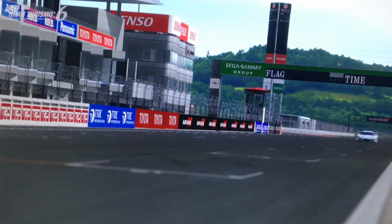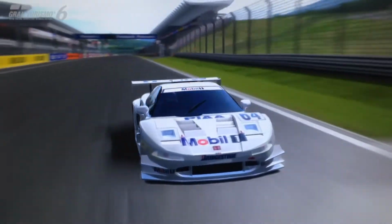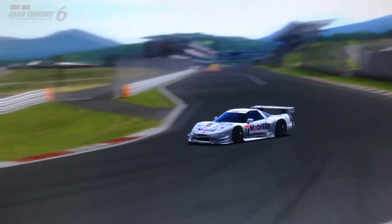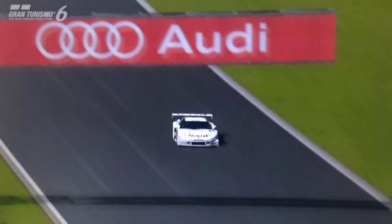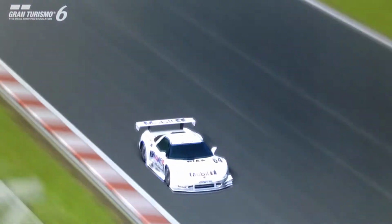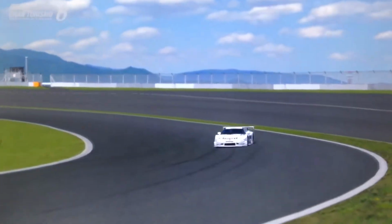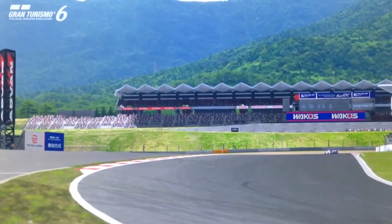Now, around the track we've already discussed the handling, but overall, despite the fact that it can be a bit leery with the snap oversteer, and it does definitely like to spin up its rear wheels when it gets the chance, it's still an excellent track machine. Now, I would recommend primarily using the NSX on tracks where you can use more of its top-end power, because for handling it's quite simply not the best in low-speed corners. There are other GT500 and in some cases even GT300 models which can outmaneuver the NSX in low-speed technical corners